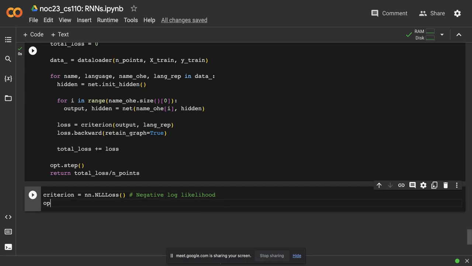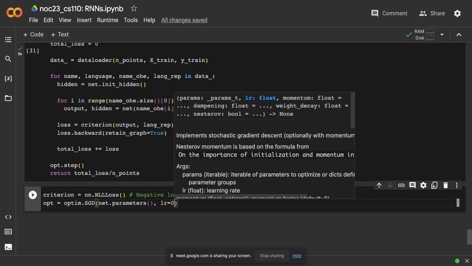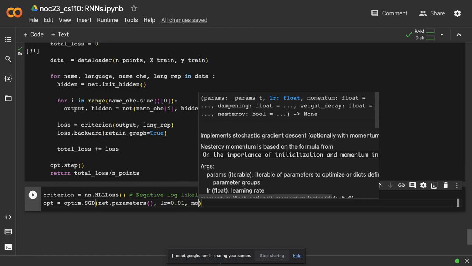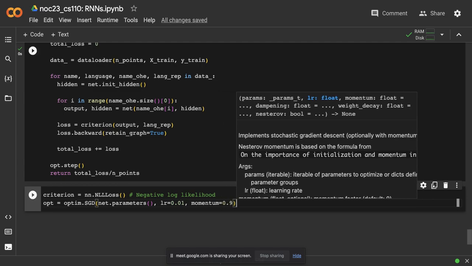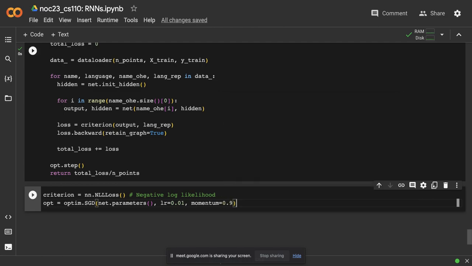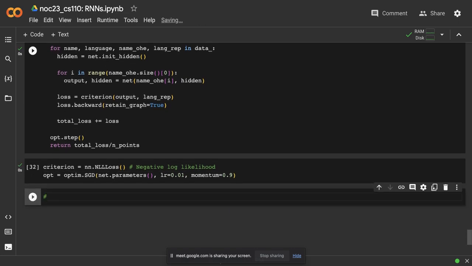Once I'm able to do that, I'm creating the optimizer now. So optim.SGD, that is stochastic gradient descent, where I'm passing the net parameters, all the parameters that I have learned as of now. Then LR is equal to 0.01, that's my learning rate, and momentum is equal to 0.9. For this stochastic gradient descent, I'm passing these parameters, and I'll just calculate how much time it will take to